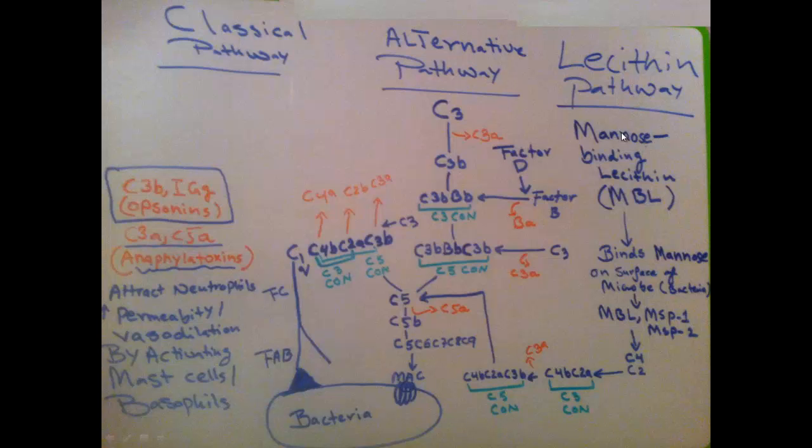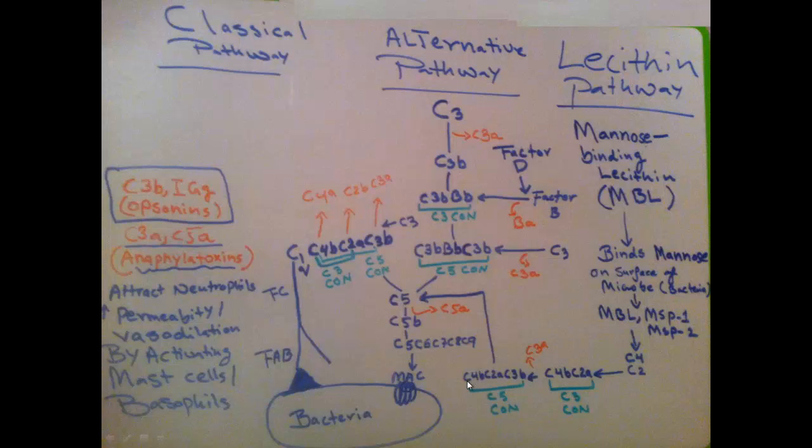Now the last pathway is the lectin pathway. In the lectin pathway, the mannose-binding lectin binds to the mannose on the surface of the microbe or bacteria. So it's basically binding to the sugars, and once it's done that, the C4 protein of the complement is cleaved into C4a and C4b, and then that is joined by C2, which, as we mentioned, is cleaved into C2a and C2b, but C2a stays, forming the C3 convertase. The C3 convertase then converts the C3 to C3a and C3b,